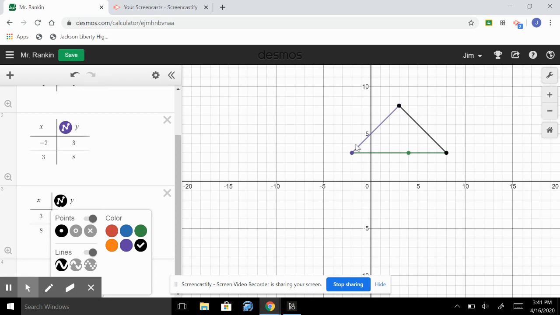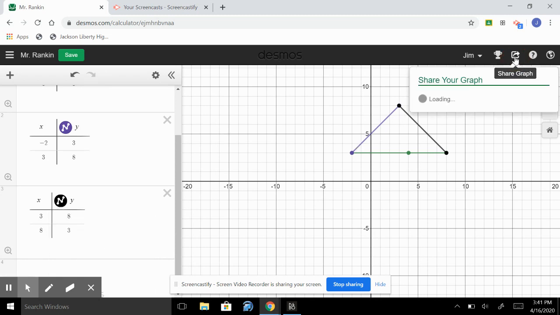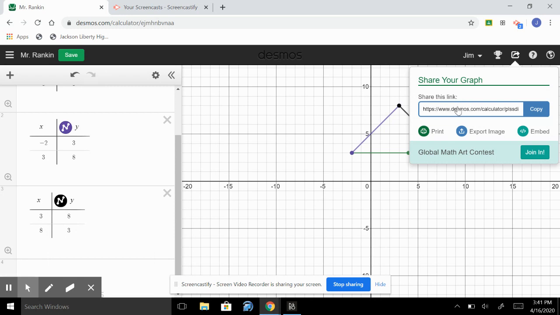Okay, if you were done, you would go up here to where it says share graph, click it. It's going to give you a link. Okay, you can copy that link and then you can email it to me. All right, so you would go to your email, you'd paste that link, and